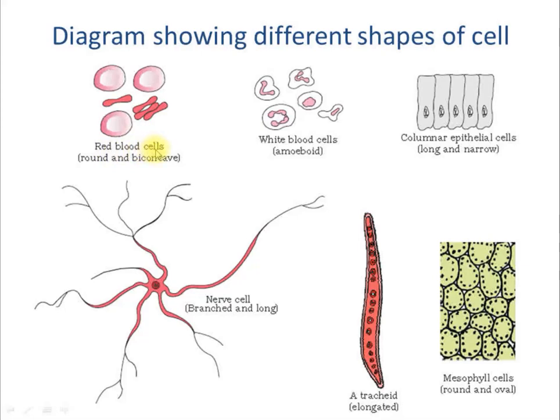Now there are two questions that arise in my mind. What I am able to observe is that the shape of this RBC is round. So the first question is why it has a round shape. And the second question that arises is that there are two shapes mentioned. One is round, definitely, but the second is a biconcave structure, right? It is concave from both sides, that's why you call it a biconcave structure. So you will ask me, sir, is it like that RBCs are of two types, one round and one biconcave? No, it is not like that.